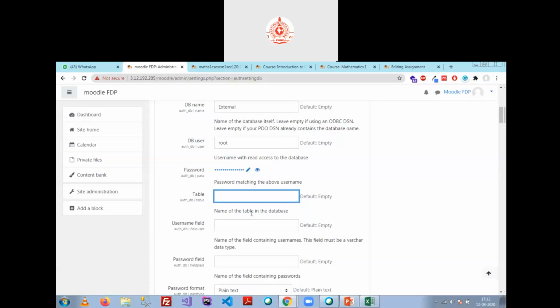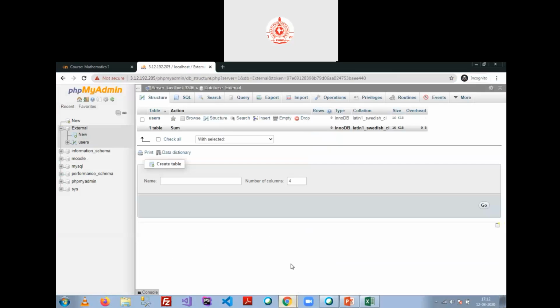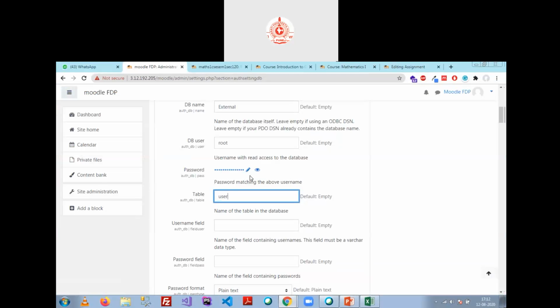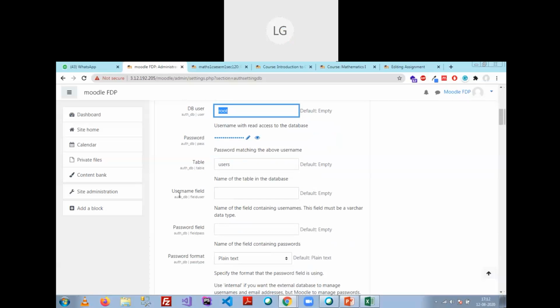The table name I earlier defined there is users. The root user who has the privilege to access the database, and the password should be the same.